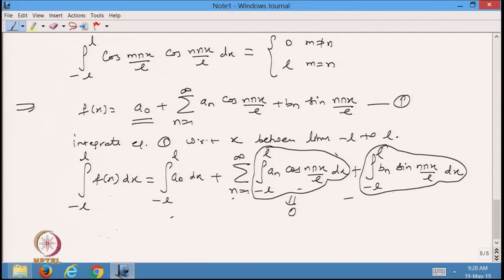It is an odd function, and I am doing the integration of this odd function in the interval minus L to L. So, if you do the integration, this also comes out to 0. So, from here